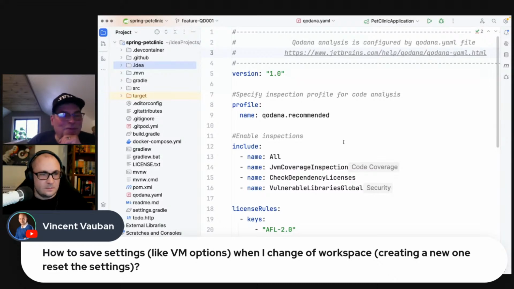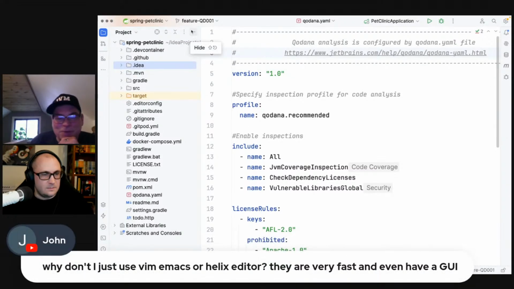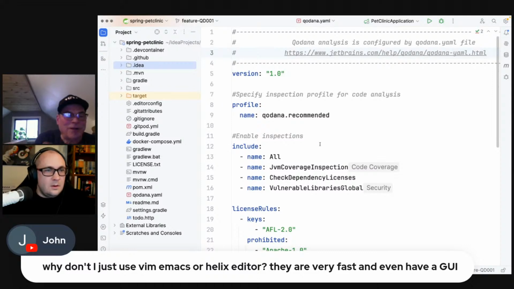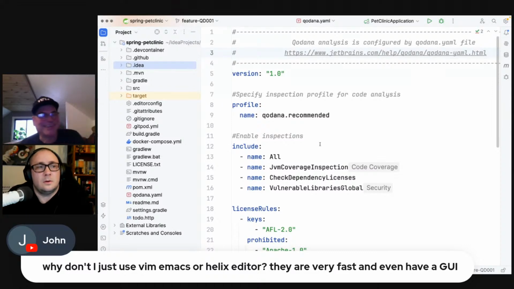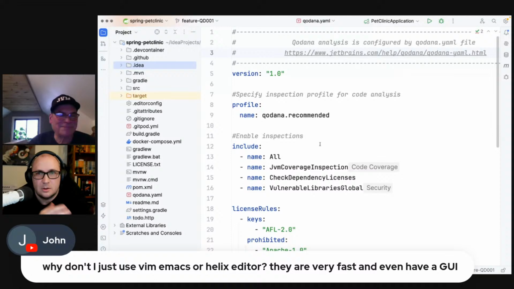I must admit I'm a big fan of IntelliJ, but so John asks, why don't I just use Vim, Emacs, or Helix editor? Well, it's a fair question. Totally. If you feel more productive with Vim, go for it. Some people prefer to have just a snappy editor and use command line tools for everything else, like working with